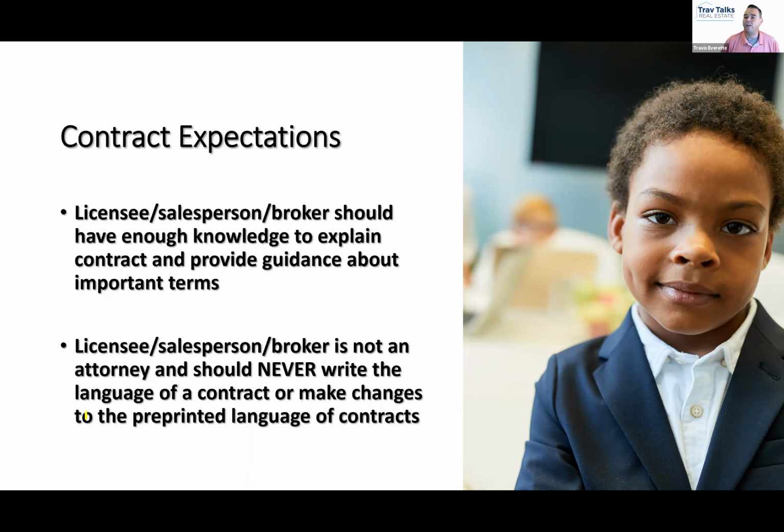The people we're going to give contract advice to, and here's how you know you're giving contract advice. If you're explaining the contract to somebody, if you're saying to the person, the purchase price is the amount of money that you're willing to pay for the property, is that help or is that advice? Help. I'm literally explaining the facts to them.